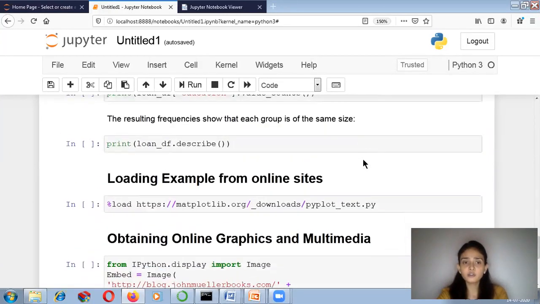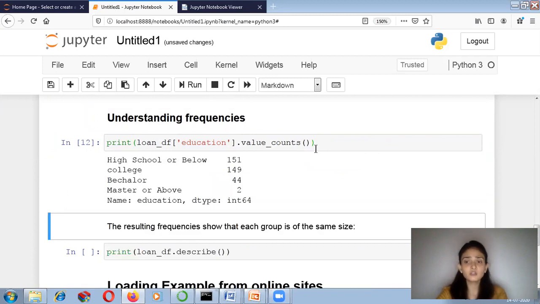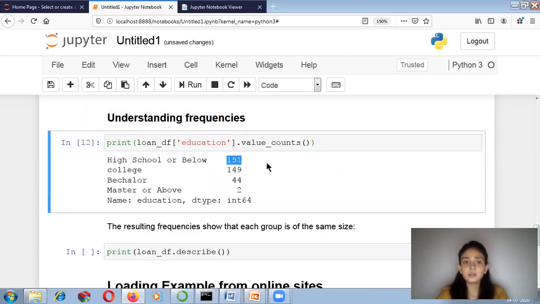For that, you have to write your column name, that is loan data frame education column, and then dot value_counts. Like this you can count the total frequency. Then you can check that for people who have done high school or below, there are 151 people, or we can say 151 rows present in your data set.